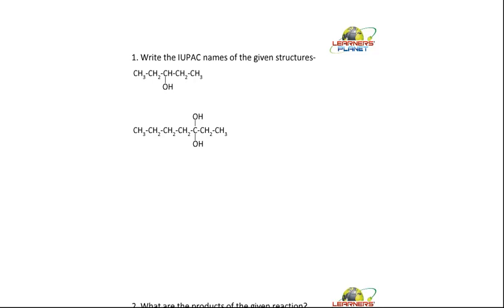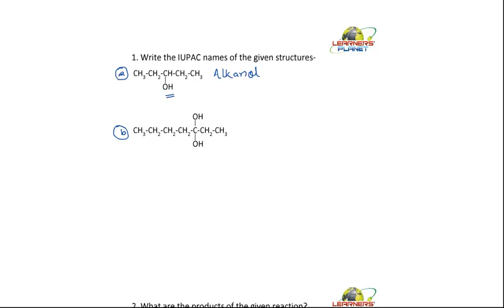So the structure 1 here, this is A and this is B. So what is your A? What would be the IUPAC name of this? How we name the compounds? We just number the carbon atoms. And what compound is this? This is an alcohol. Why? Because it contains a hydroxy group. So how it would be named? It would be named as alkanol,